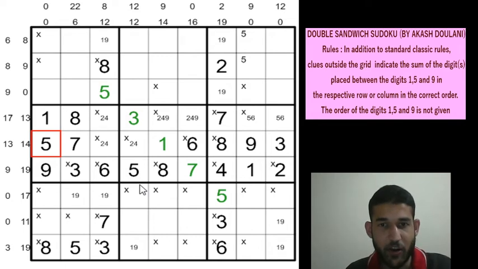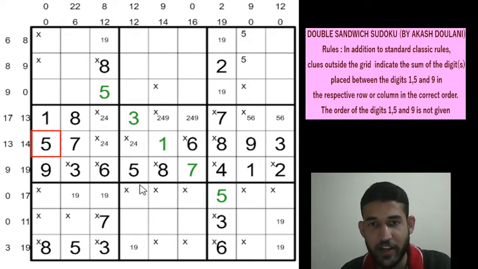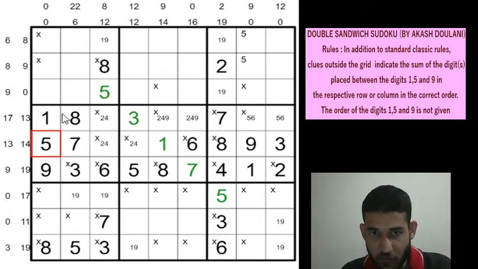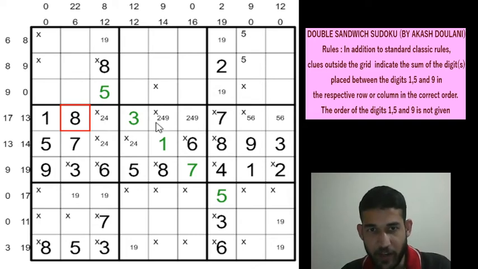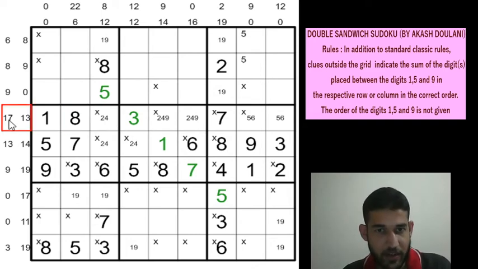This is a slightly complicated variant, but if you get the hang of it, you will be able to make progress easily. Now let's focus along row 5 and let's see where 1, 5 or 9 are going. So we need to satisfy the 17 total. Can we have a 9 here and satisfy the 17 total? 11 plus, yeah, you can't. So you can't have a 9 here.